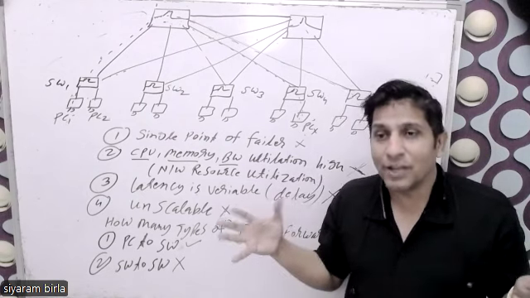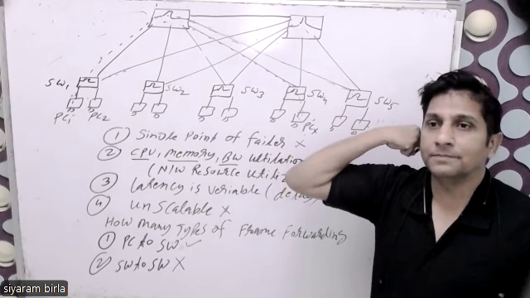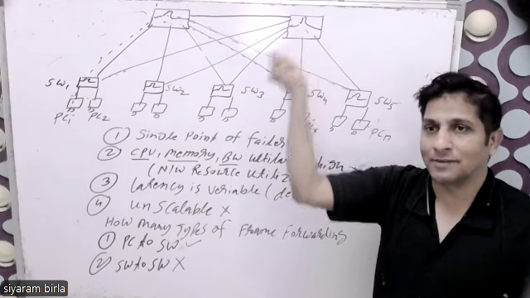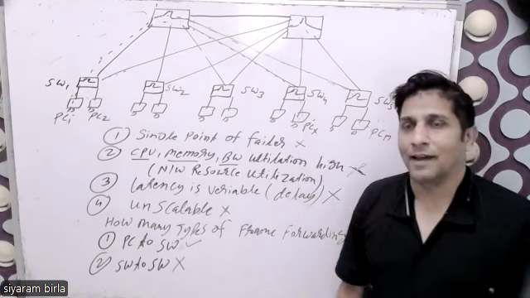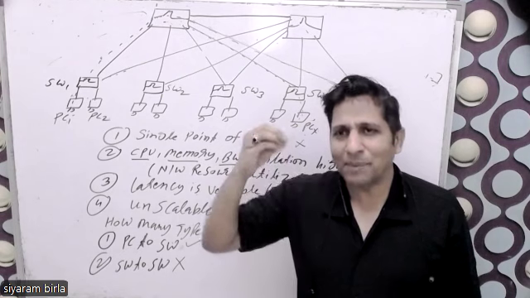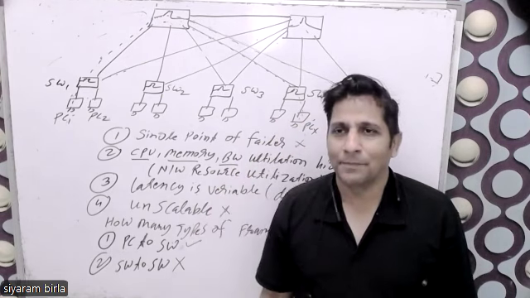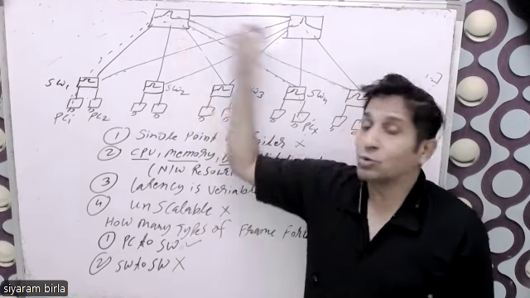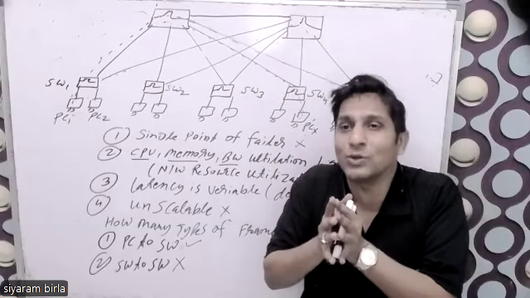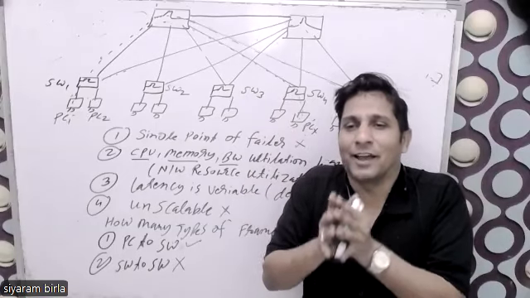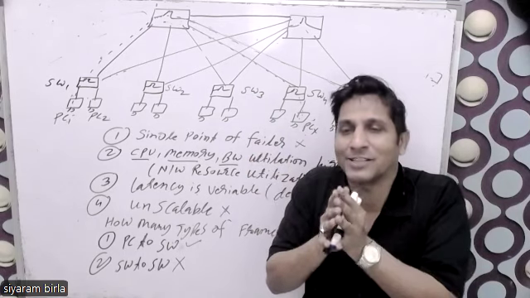So there are two switches, and they act as a single switch. This concept is called virtualization, and right now virtualization is very famous in the cloud. It is used in many places. Here, multiple physical switches are logically converted into a single switch. That virtualization concept is called stacking.